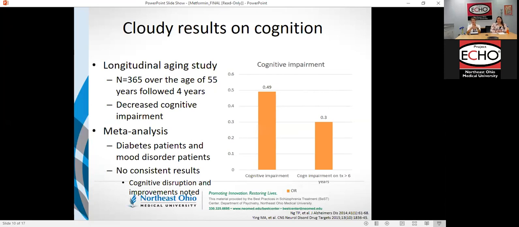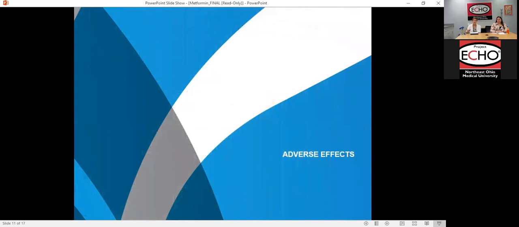And there were actually some reports where there was cognitive disruption, so patients who were on metformin actually were faring worse than those that were not. So the jury is still out on what its role in cognition is, but I wanted to let you know that there is some dialogue out there about that. All right. So if we do see metformin being used specifically for patients who are having trouble with weight